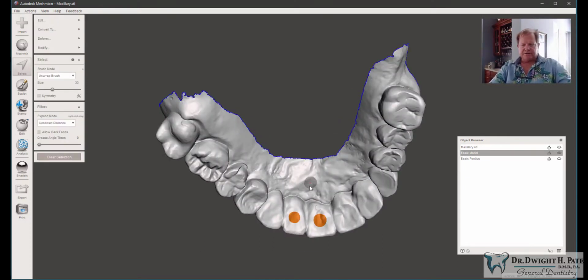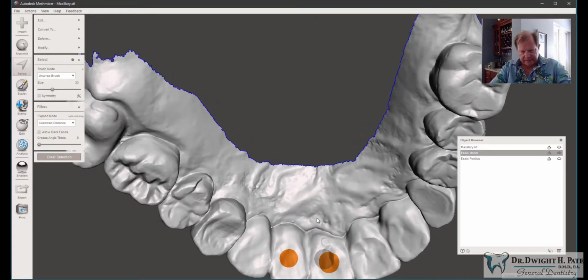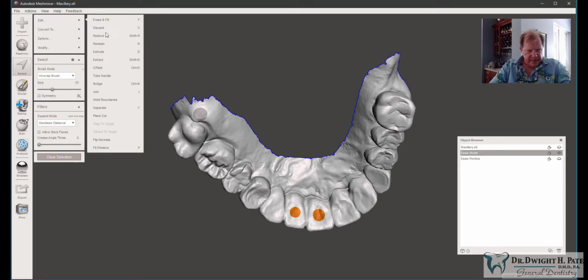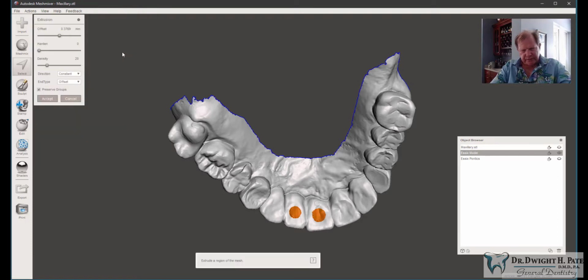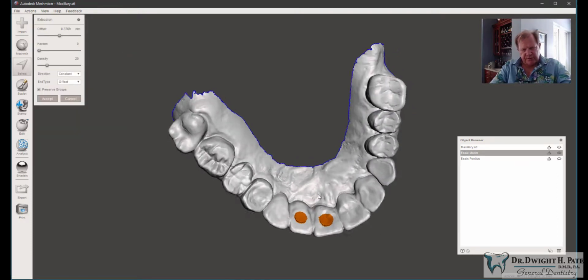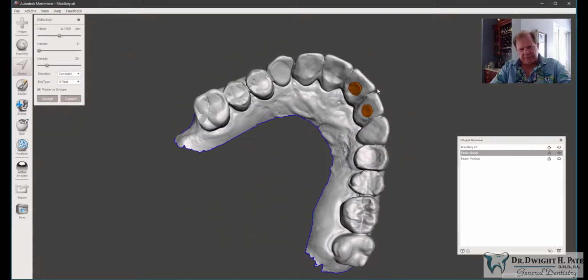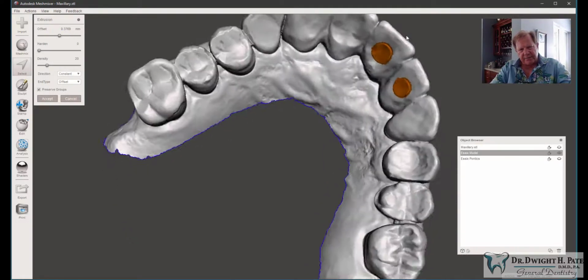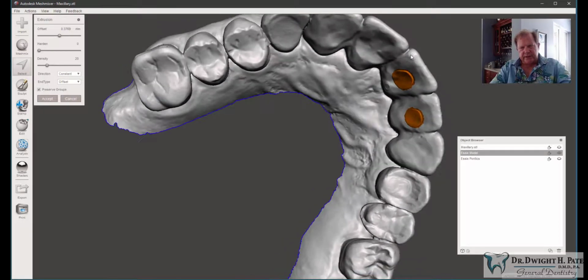While it's still selected and smoothed, we go to the edit menu, and we are going to do what's called an extrude. Now you'll see it bumped our selection out a little bit, created a raised area. We're going to do a negative extrusion by making the offset